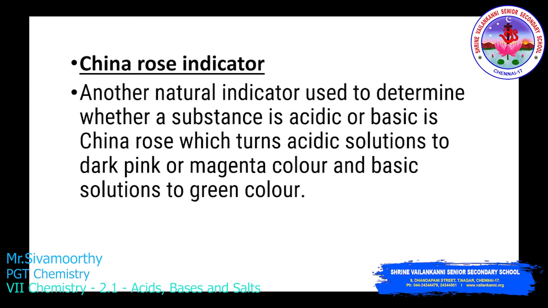And the second test students, China rose indicator. What is China rose? The rose is available in India also, but the name China rose is derived from the scientists because the plant was first grown in the China area. See children, the botanical name is Hibiscus rosa-sinensis. In high school they read about the China rose in much more detail, the red color rose. That indicator is also used to identify acids and bases. Okay.